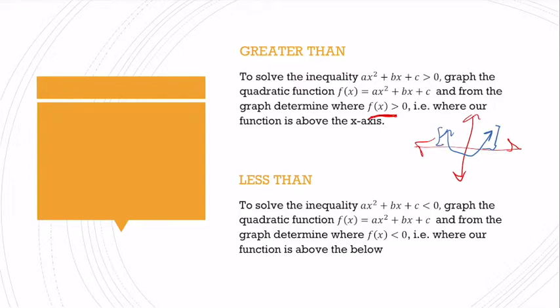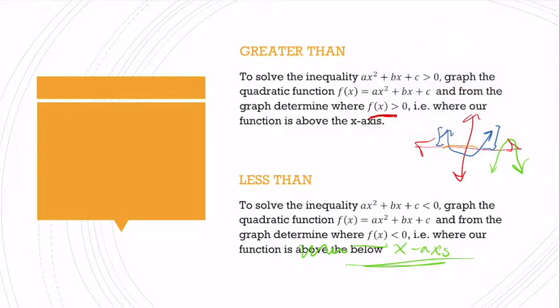Okay? To solve a less than inequality for ax squared plus bx plus c, what we want to do is determine where our graph is less than 0. So where our function is above the x-axis. Nope, where our function is below the x-axis. That is the typo of the century. So for example, for this function, the blue function, here would be below the x-axis, and for our function in green, here would be below the x-axis. So we're going to learn how to work with inequalities graphically